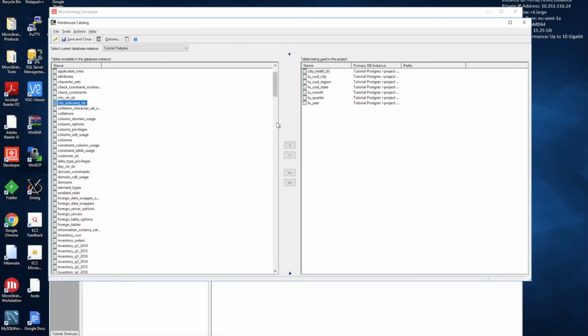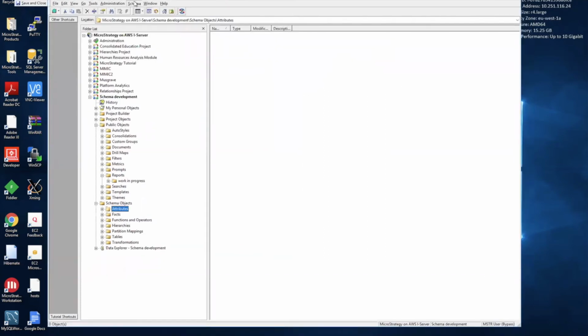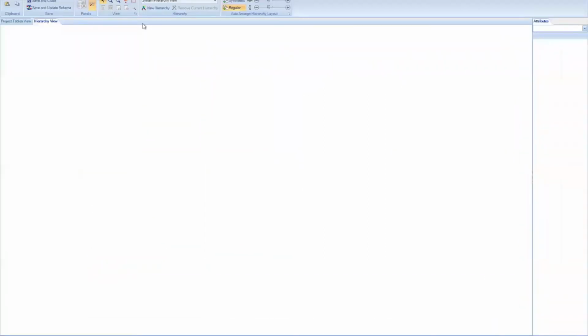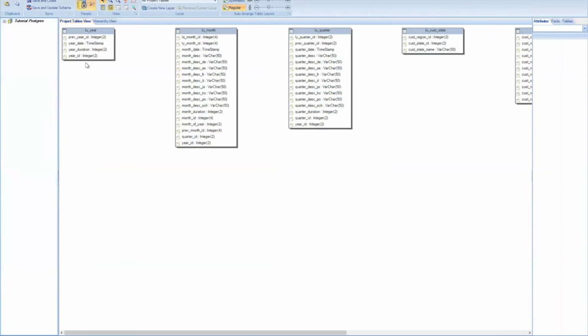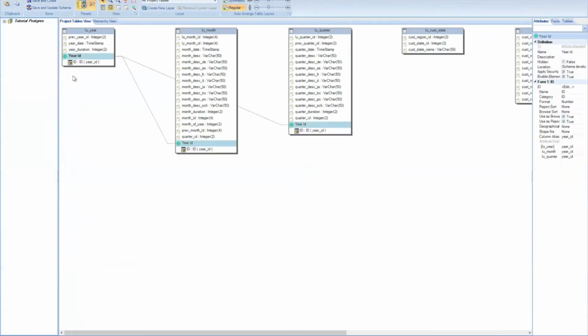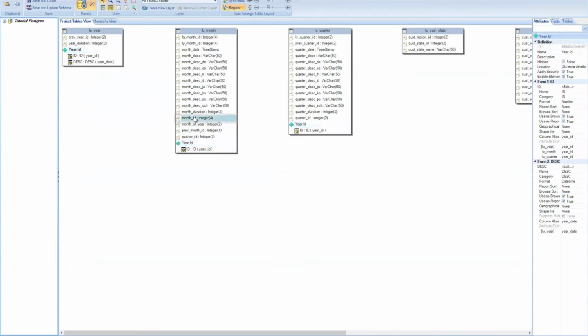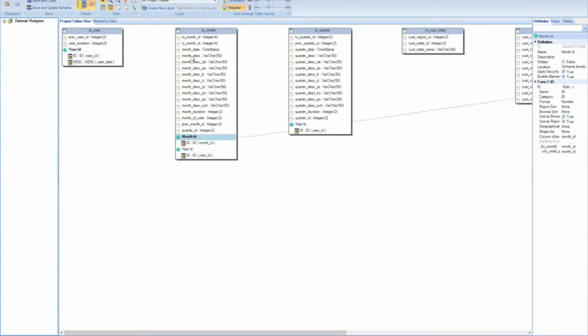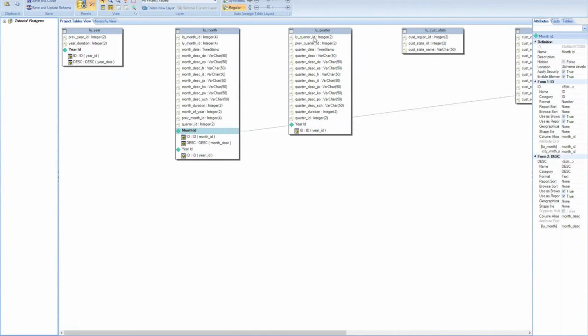And finally the fact table. Save and close. And now let's go into the graphical architect. And you can see there are the tables. And we're now going to build out those attributes, including the attribute forms. So year, month, quarter,